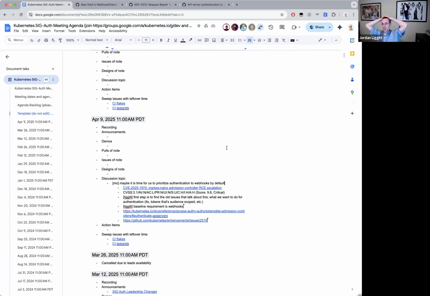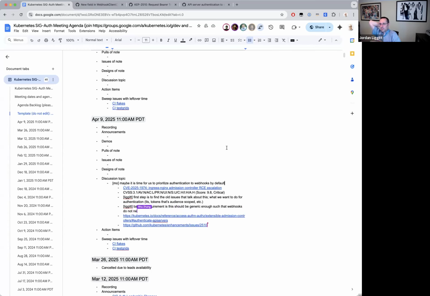Like, here's what your admission webhook registration looks like. Here's what you have to put in the manifest. Here's what you have to do on the back end. If there are other connecting things, like you have to have a service account, or a namespace, or a certificate signer, like, what are all the things you have to do? So their manifest says, here's my deployment, so my pods go out, and here's my admission webhook config, so it registers my webhook. Like, what else do I need to stick in there?